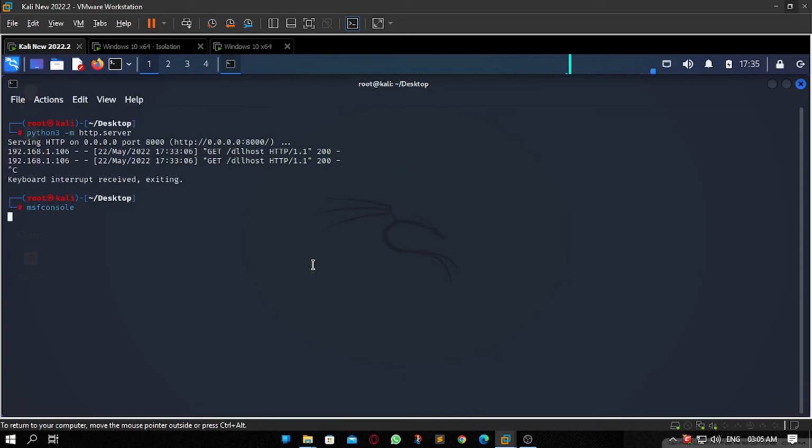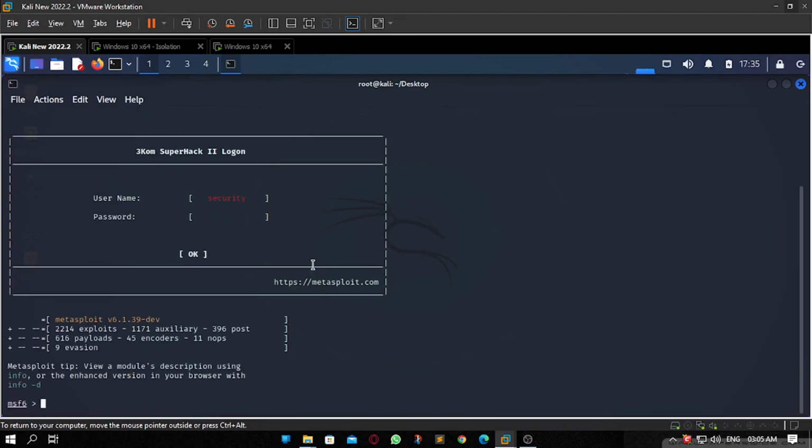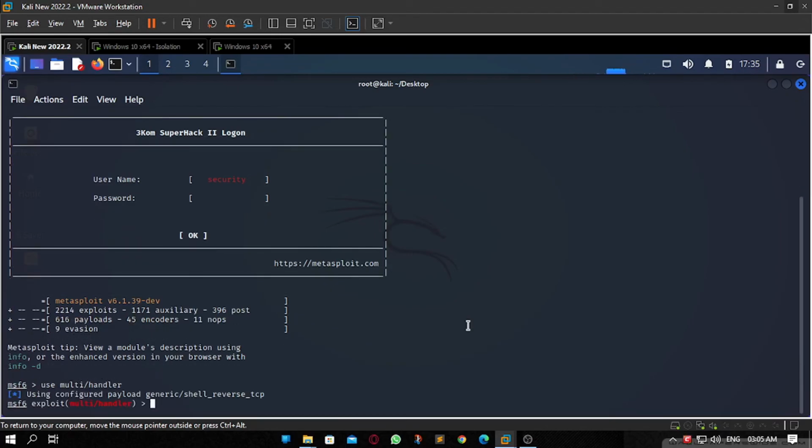I will use Metasploit as the reverse connection handler. Let me give it some time to start it up. It's now started. So let's make the handler use multi handler. It is showing that the default configured payload is generic/shell_reverse_tcp, but in our case it was reverse TCP. So what I'll do is change the payload